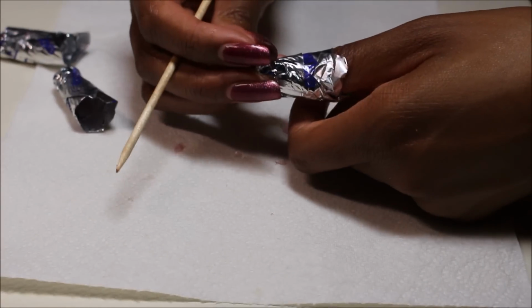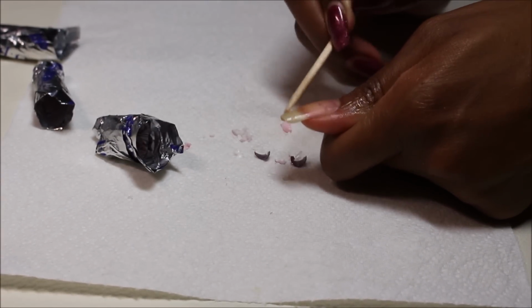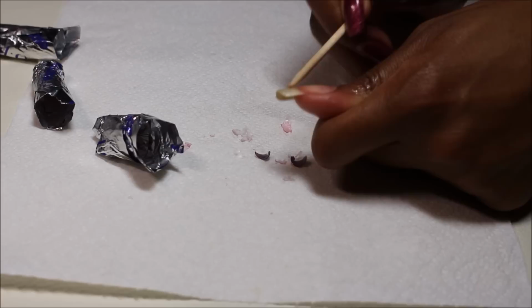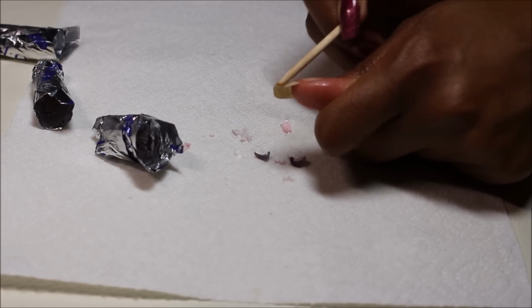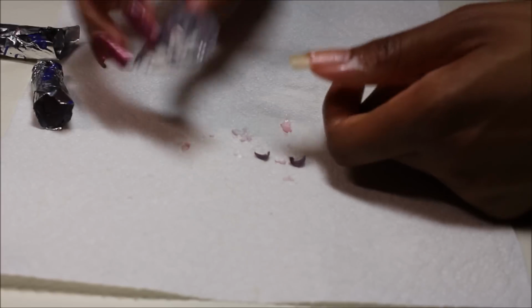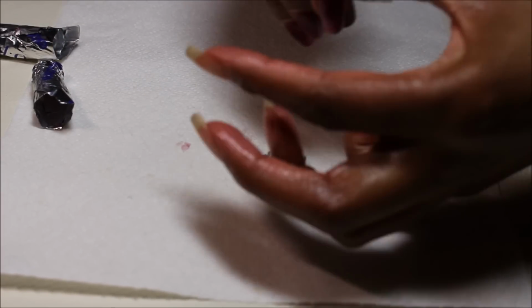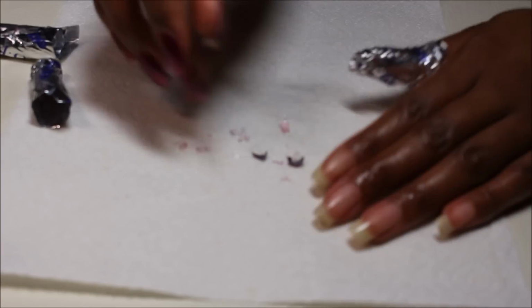And then my thumb, and just push that bit off. I think there's still some underneath, like right on the tip, so I'm just going to re-soak that for a little while. But whilst that's soaking,